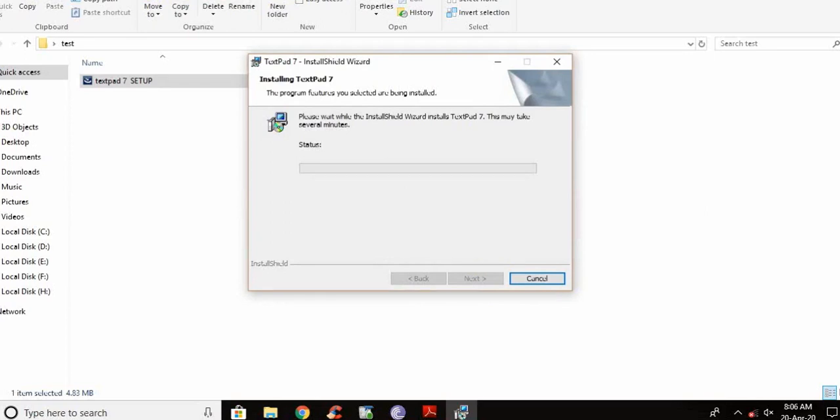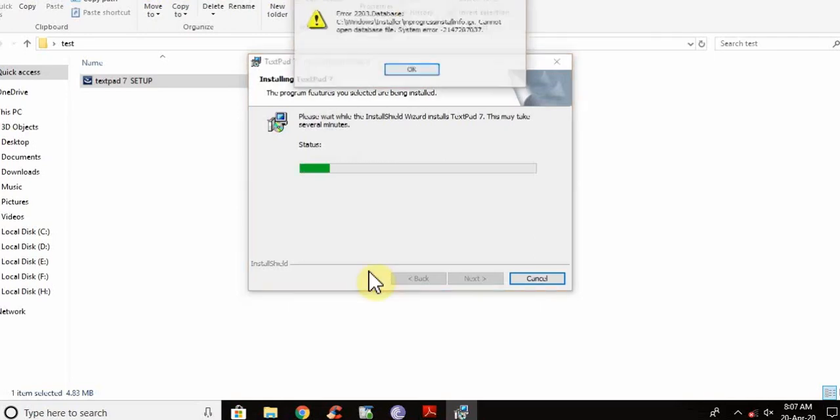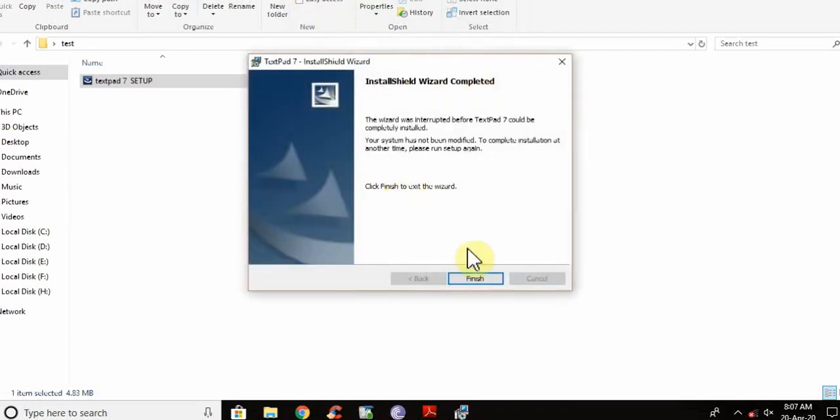I am using Windows 10 Ultimate Edition, so for security purposes it is asking for yes or no. If I click no, software installation will be halted. I am clicking on yes. Now after clicking, it will be installed, and now you can see this is completed.